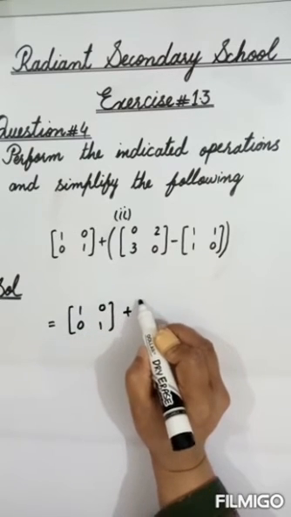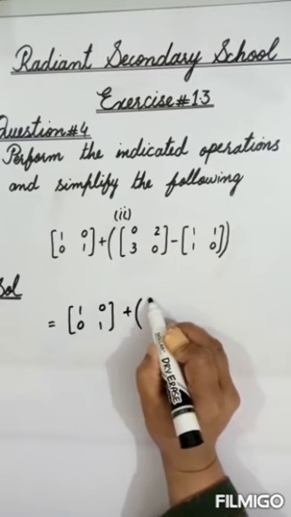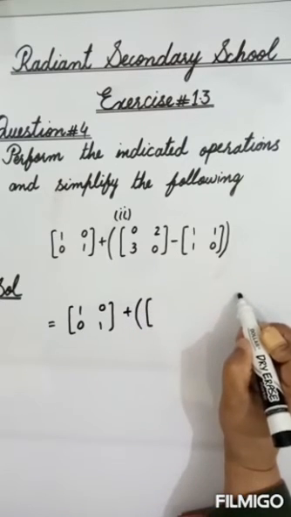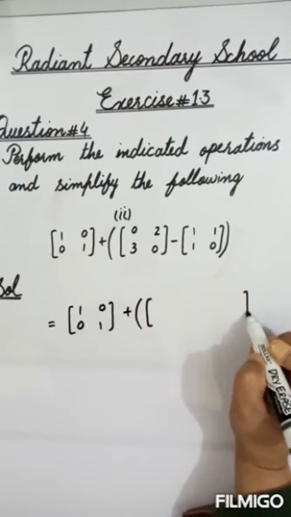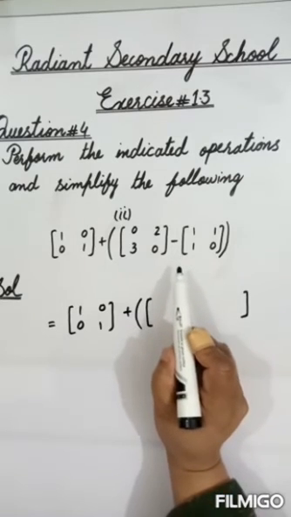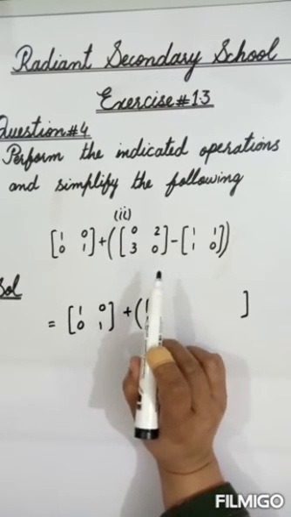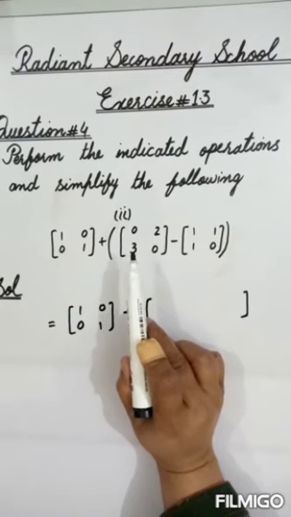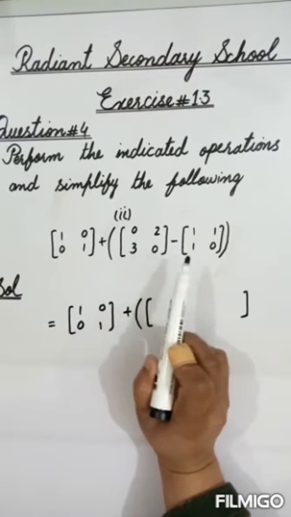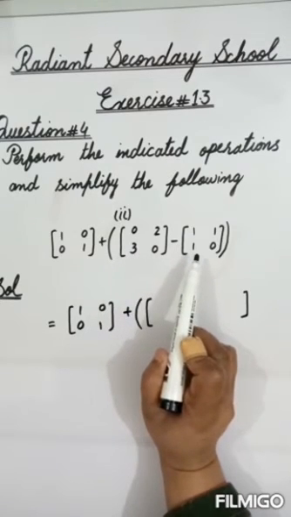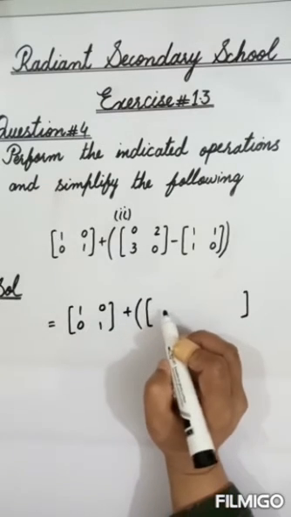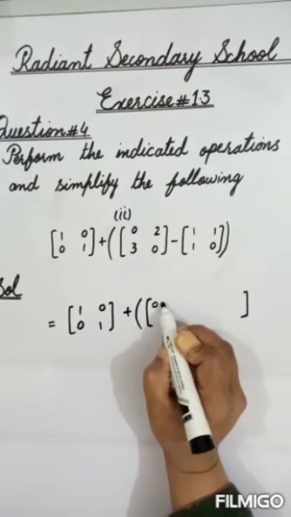Now we have to solve the round bracket first. In these two matrices there is a sign of subtraction, and there is no difference between the addition and subtraction of the matrices. Just we have to solve the entries of the first matrix with the corresponding entries of the second matrix. How? It goes to 0 minus 1,